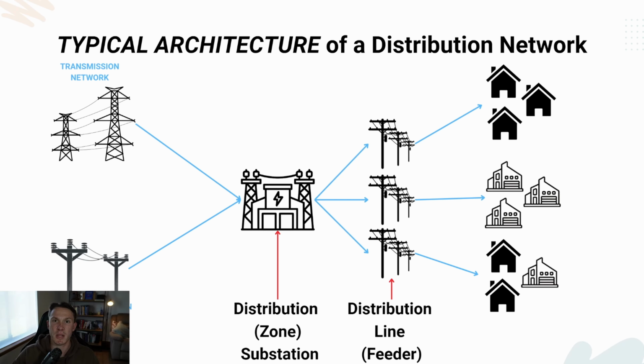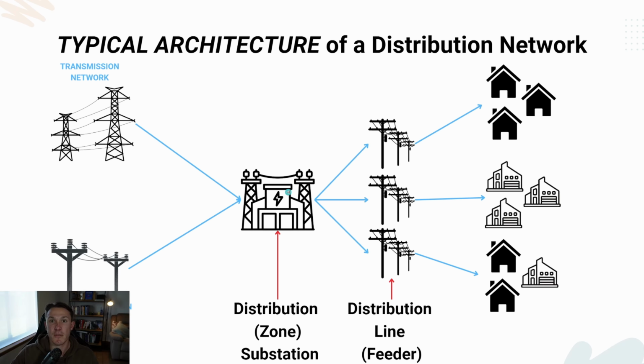So what is the typical architecture required within a distribution network to support the primary functionality? So as we've explored in the previous slides, the general workflow for a distribution network is essentially receiving power from the transmission network into a distribution or zone substation. Now, as we'll explore in a minute, the fundamental role of the zone substation is to perform that voltage step down, effectively taking the high voltage from the transmission network and transforming it down to lower voltages expected on the